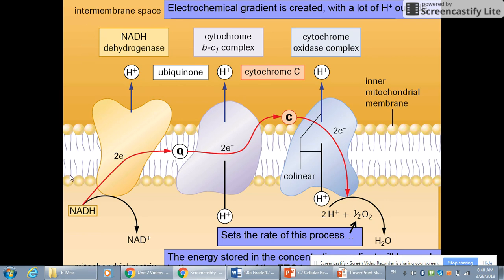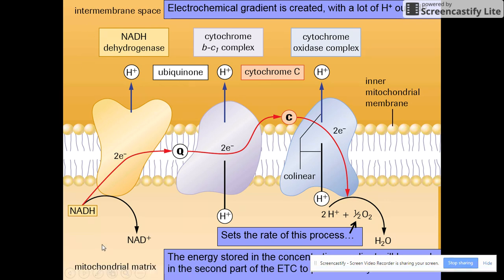Here's the intramembrane space. Here's the mitochondrial matrix. And you can see the NADH is dropping off its electrons. The electrons move through this protein. And as they do, a proton is pumped across from the matrix to the intramembrane space. The electrons get passed to ubiquinone, and then they get passed to cytochrome BC1 complex. And as they move through this, another proton is pumped across. Then the electrons get passed to the cytochrome C, which then get passed to cytochrome oxidase complex, and another proton is pumped across. At the end, these electrons get accepted by the oxygen,